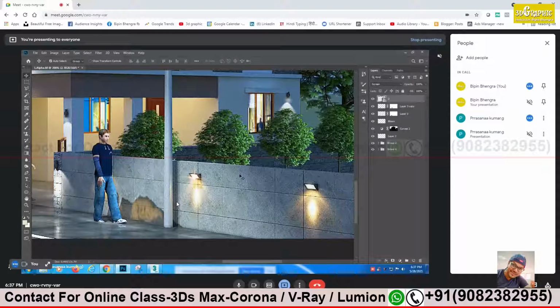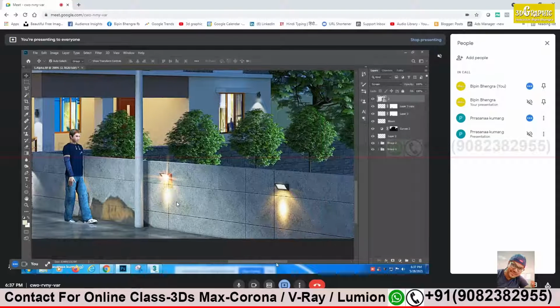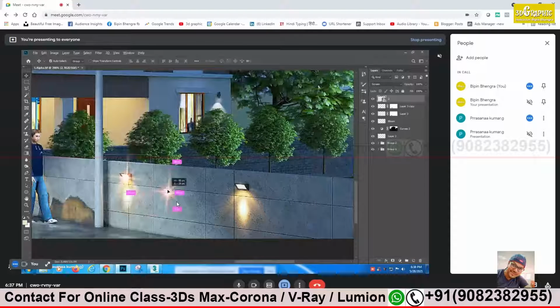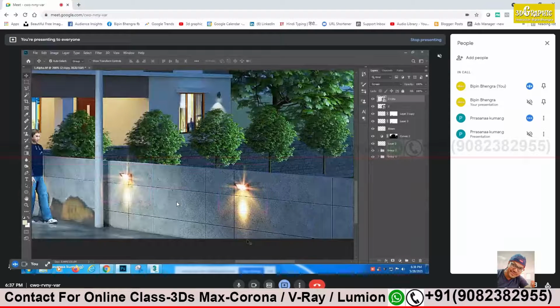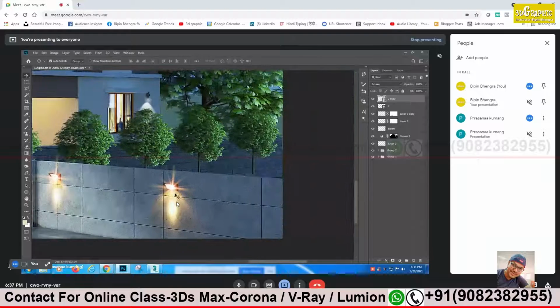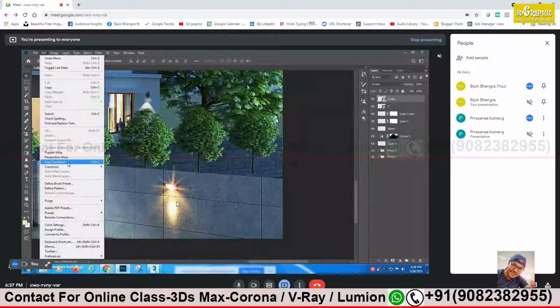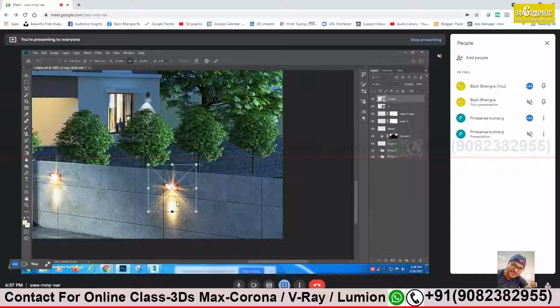Increase the size a bit. At night it should be more visible. Should be really visible at night. Okay. Little more. Yes, sir. No, enough. This is enough. Duplicate and rotate. It should be little different. Try to make it little different. Yes. Just rotate a bit. Yes. Enough.